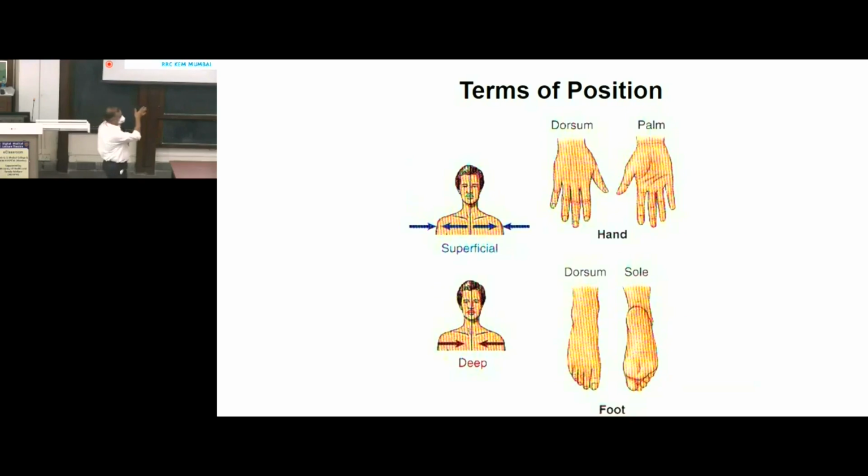With reference to the hand, this is the back of the hand, because in anatomical position it is back. Posterior aspect is called dorsum of the hand, anterior aspect is referred to as palm of the hand, palm and dorsum. In the foot, the front of the foot, which is actually facing above, is called dorsum of the foot. And the part of the foot which is facing the ground, touching the ground, is called sole of the foot. So, peculiar or specific terms for hand and foot.